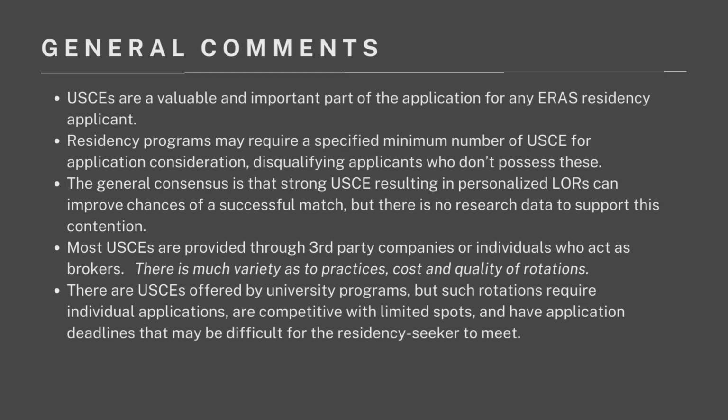There are US clinical experiences that are offered by university programs, and those I think are very good. Sometimes they're not just 1 month, but they're experiences that are of longer duration. But these rotations will require individual application. They're going to be competitive with limited spots, and they have application deadlines that may be difficult for residency seekers